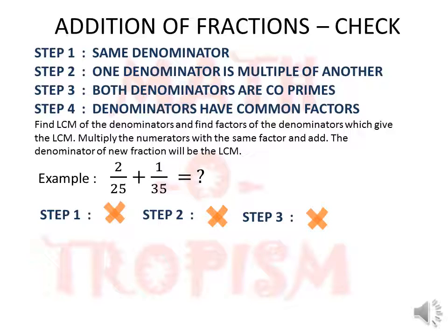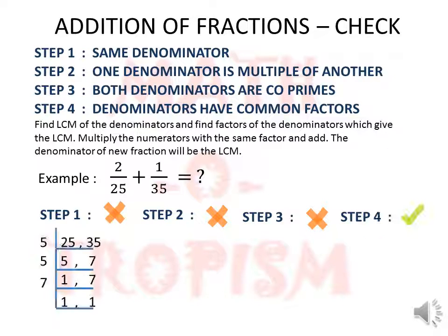So we are going to the step 4, which is we take the LCM first. So here when we take LCM of 25 and 35, we find that the LCM is 5 into 5 into 7, which comes to 175. That's the first part. Find the factors of the denominators which give 175. So first let us take 25. So 175 is 25 into what? We know 5 into 5 is 25. So if we take 5 into 5, balance remaining in the LCM step is 7. So it means 25 into 7 is 175.